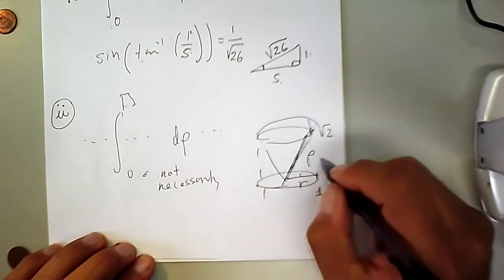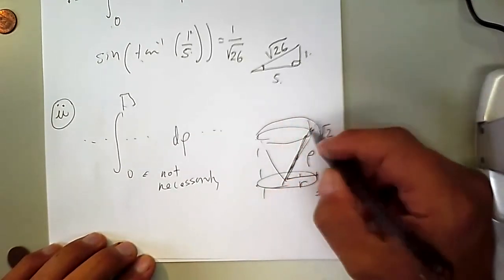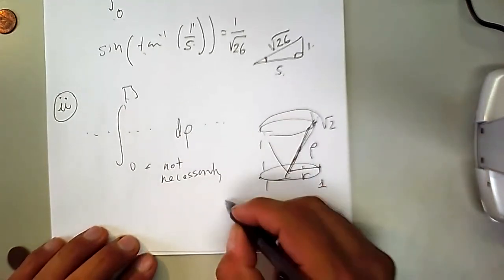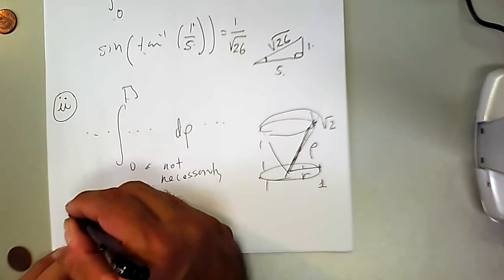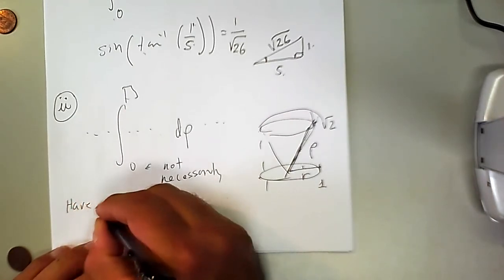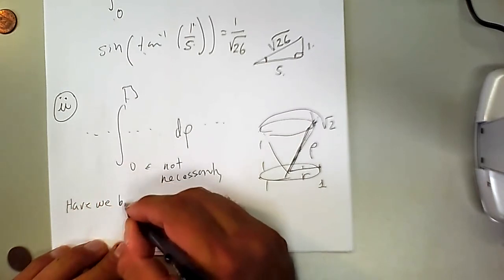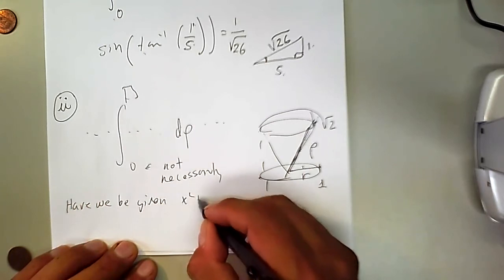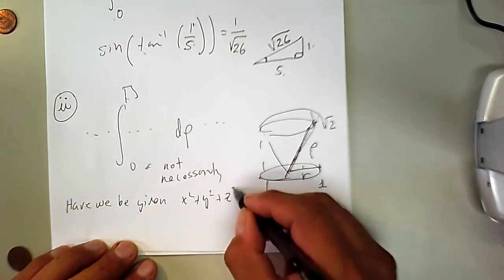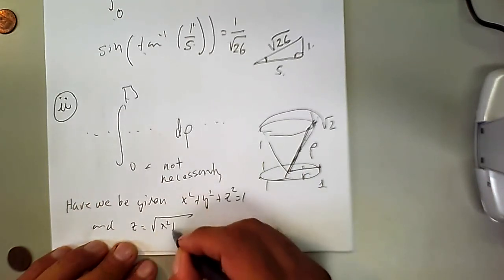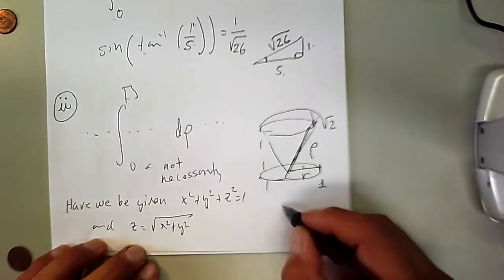Had I given a sphere that was smaller with a radius of 1, for instance, x squared plus y squared plus z squared equals 1, and z equals the square root of x squared plus y squared, then watch out, because then